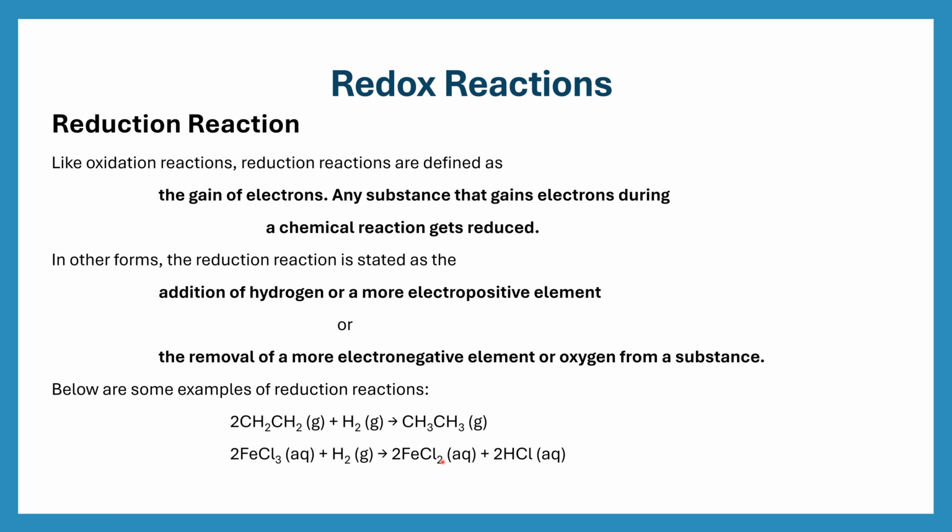And in the second example, iron goes from the +3 oxidation state to the +2 oxidation state. Again, it is about gaining electrons, so it is being reduced. We can see that in FeCl3, the chloride ion has an oxidation state of -1. So by balancing the charges, the iron has a +3 charge. Here on the product side, there are two chlorines. It means that there is an overall -2 charge and the iron should have a +2 charge.